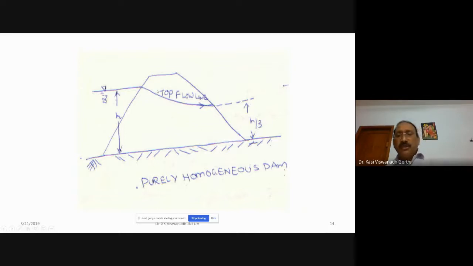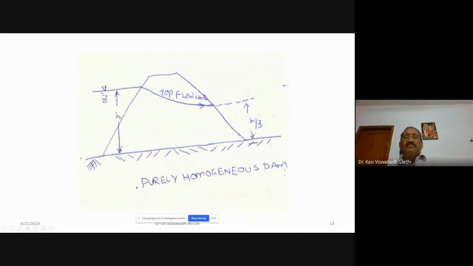So the top flow line, you can observe here, the seepage line or the top flow line may be like this, moving directly to the downstream portion, in a purely homogeneous dam section like this. When the water flows from upstream to the downstream portion through the body of the dam, there is every possibility that piping may occur. What do you mean by piping? Through the connected pore spaces, when the velocity of water increases, the width of the pore spaces may increase, as a result of which something like a pipe will be formed, which carries water from upstream to the downstream portion.